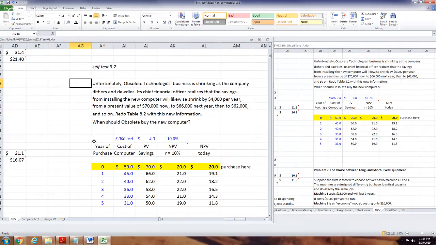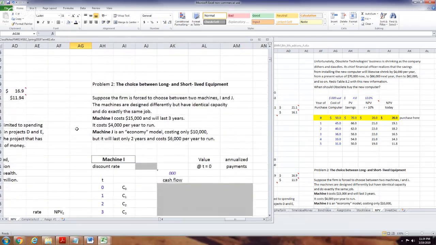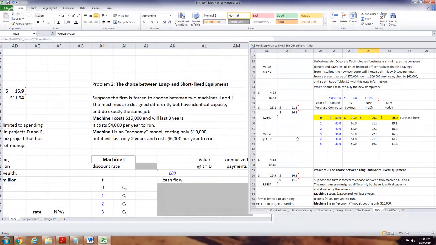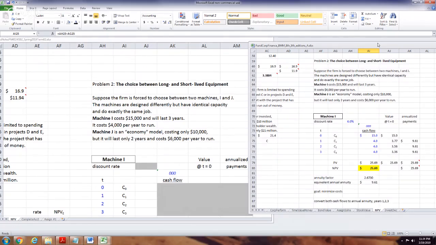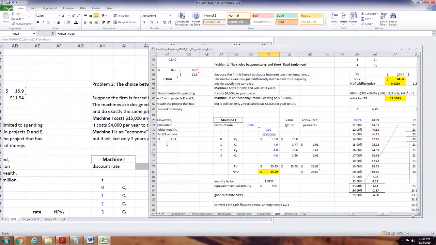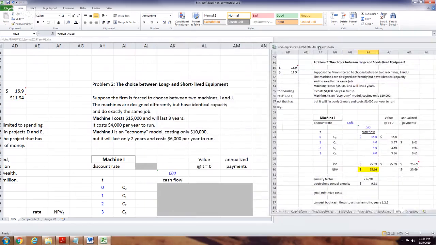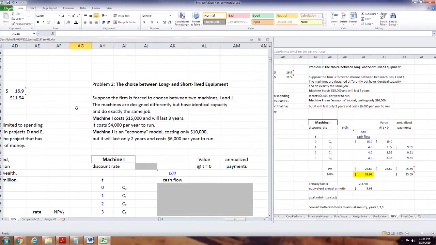All right, so you have that choice between long-lived and short-lived. Like I said, we're going to be like a machine gun now. We're just going to be rolling through these problems as we go along here. This next one is a firm is forced to choose between machines. So, folks, there's still manufacturing going on. When you buy an iPhone or whatever it is, an Apple product, there's software in it, but it's generally something you hold in your hand. It's got to be made in a factory somewhere.